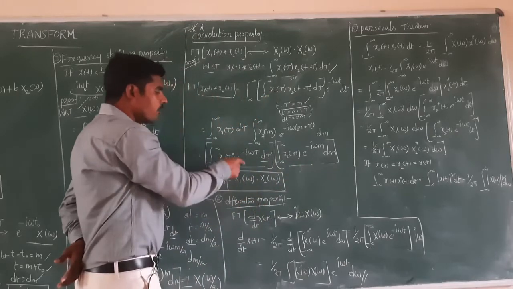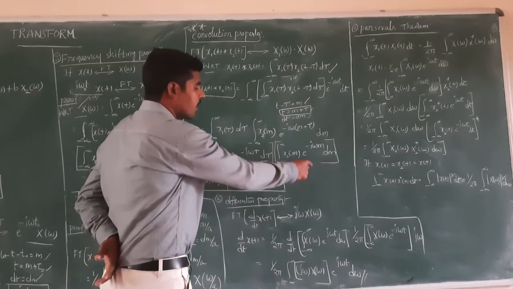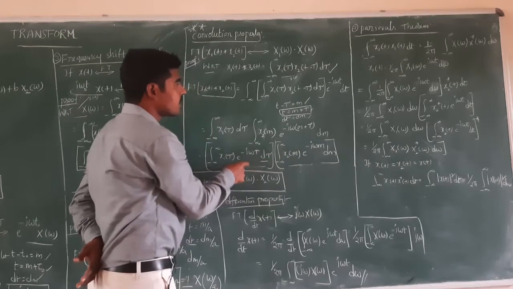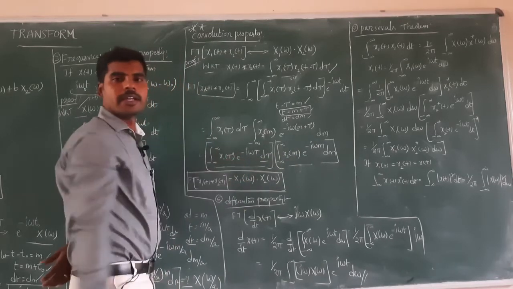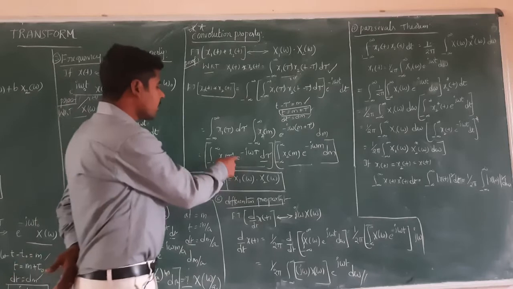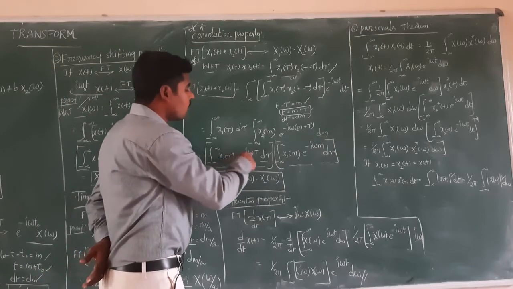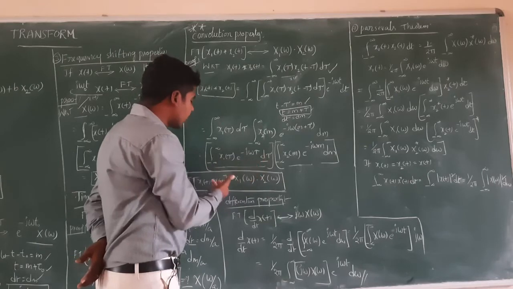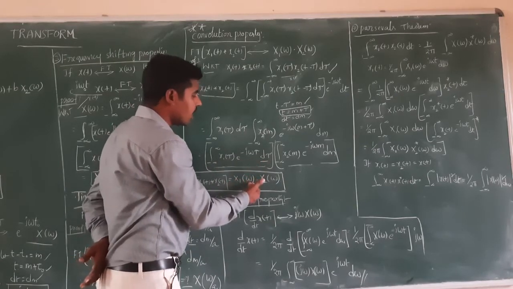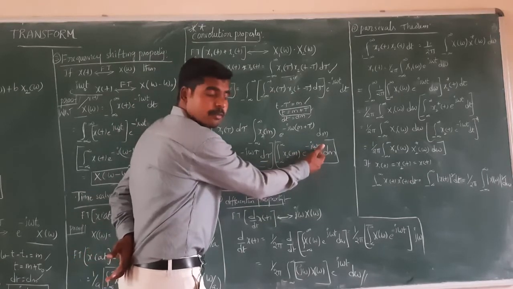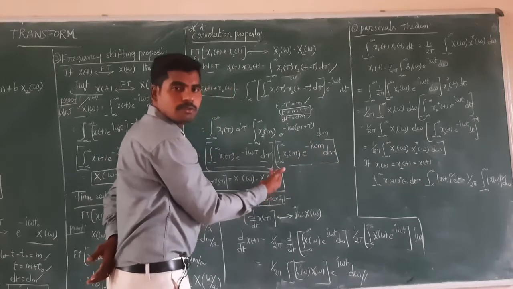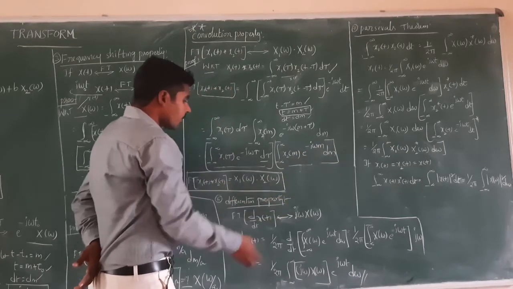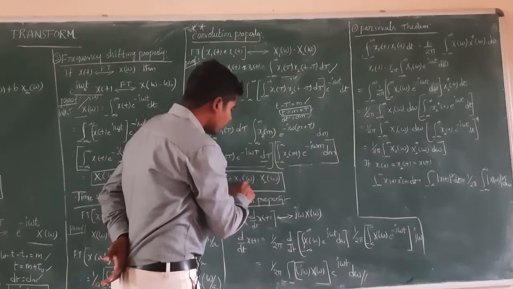Now if we compare these individual parts within the brackets, it is equal to the standard definition of the Fourier transform, right? Now it can be represented as X1 of omega. Here there is no change in the omega variable, so I can represent it directly as X1 of omega. Here also no change in the omega variable, therefore I will consider it as X2 of omega, right? So this is equal to X1 of omega into X2 of omega.